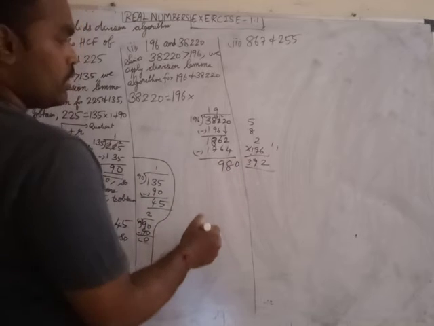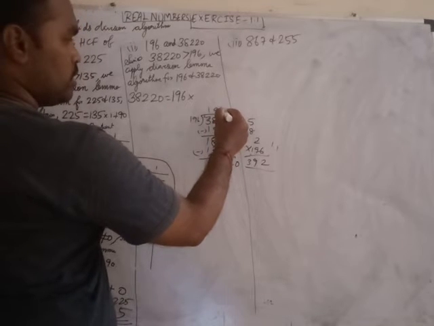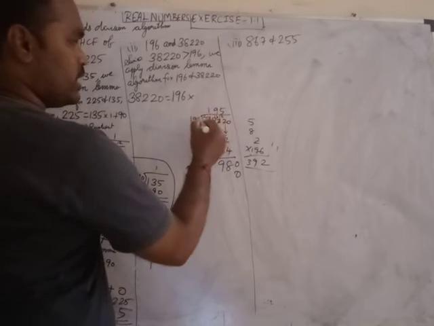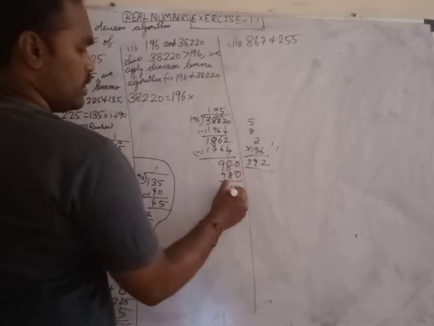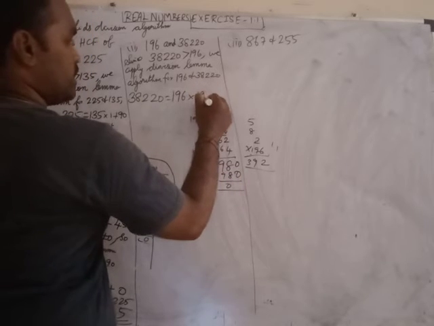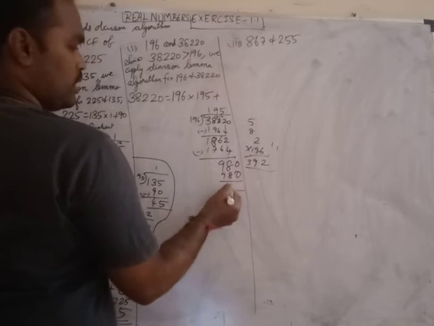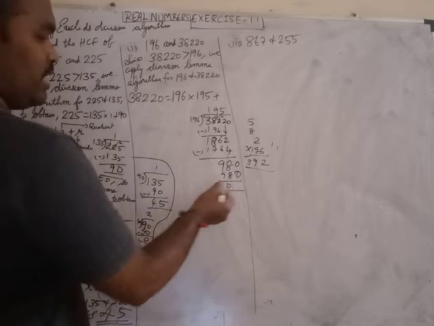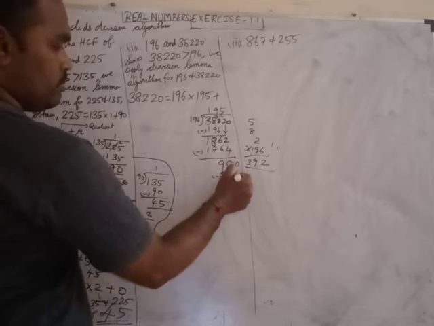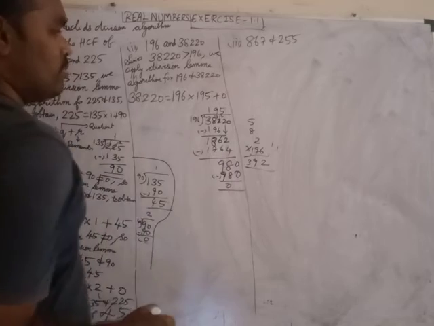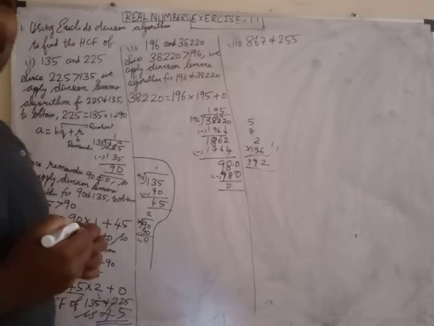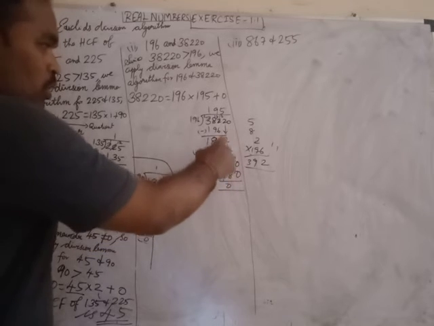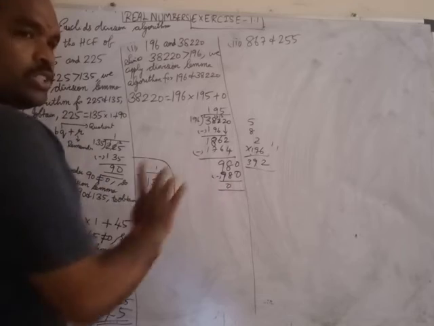0. Okay. Now next one is 5. 5 into 6, 30. Balance 3. 5 nines are 45. 45 plus 3, 48. Okay. 196 into 195 plus remainder is what? 8. 0. Do you understand or not? Yeah. See here, if you multiply, this one is coming. Okay, so this one, 980 minus 980 is 0.